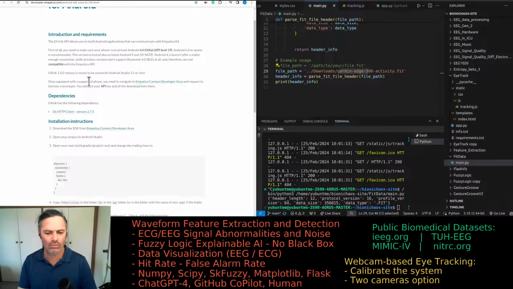Installation instructions. Download the SDK from the Empatica Connect developer area. Open your project in Android Studio. Open your main build.gradle in the project root, and change the trailing lines to